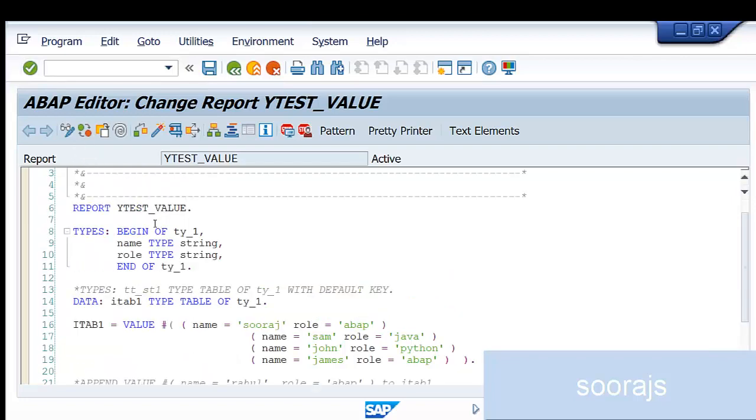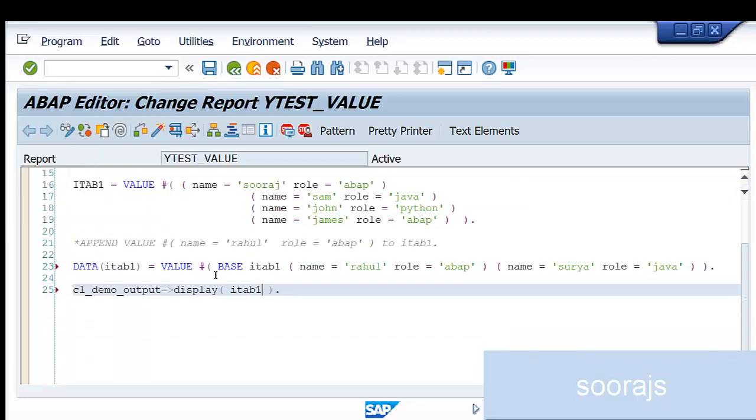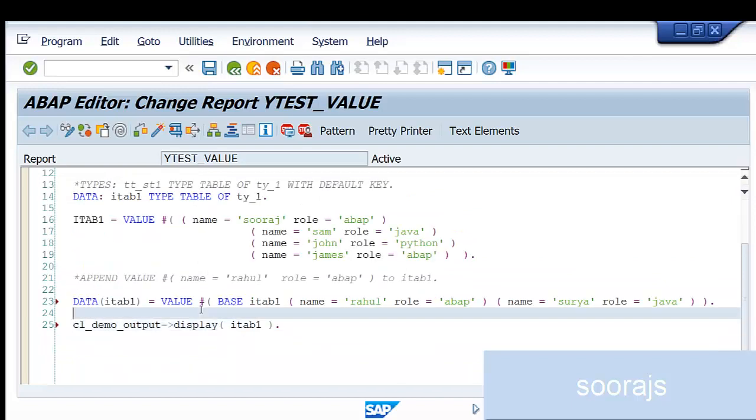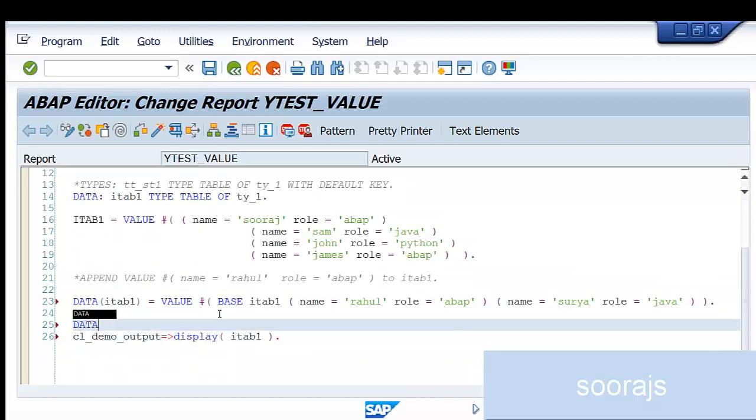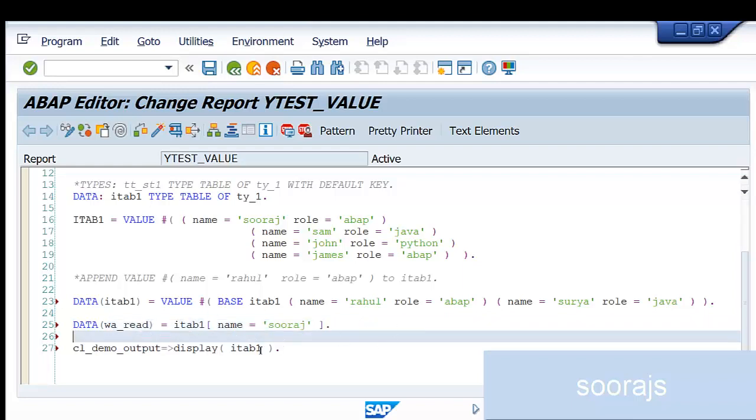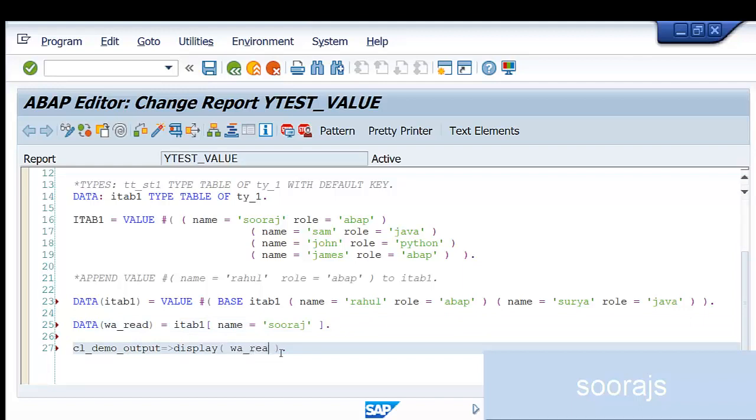So how do you usually read an internal table is, I would tell you like data, I'll say something like read equal to itab1. Maybe I want to read an entry with the name Suraj, and I want to place it into w_read. This is for reading an internal table.